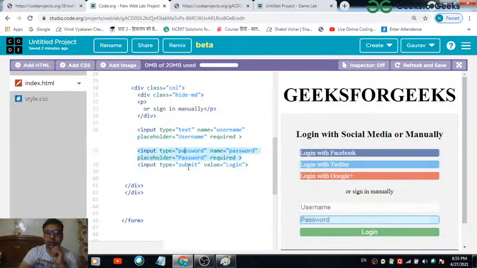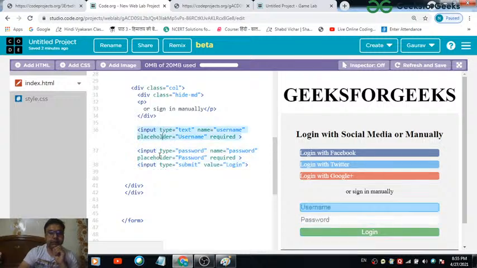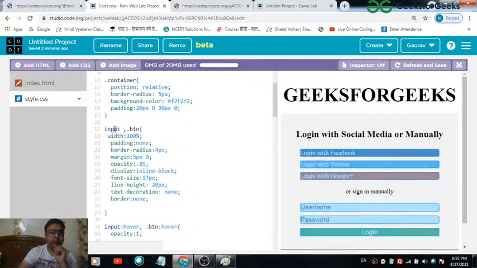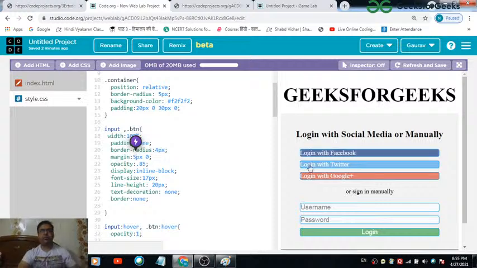Submit user, this is perfectly fine. I think we can make use of this section to enlarge the size of these boxes, and